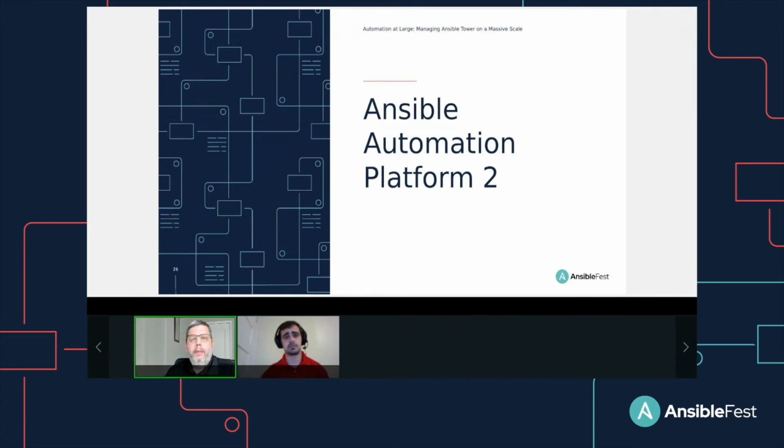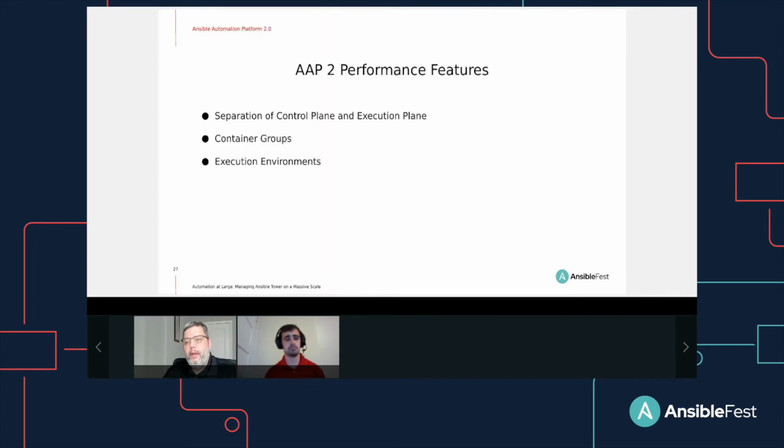All right, now let's talk about some of the upcoming features of Ansible Automation Platform 2 that will help continue to scale Ansible Tower to larger and larger environments. The first thing is that with Ansible Automation Platform 2, the control plane has been separated from the execution plane. This means that the job execution of running playbooks against the managed nodes will not have an impact on the UI as users are